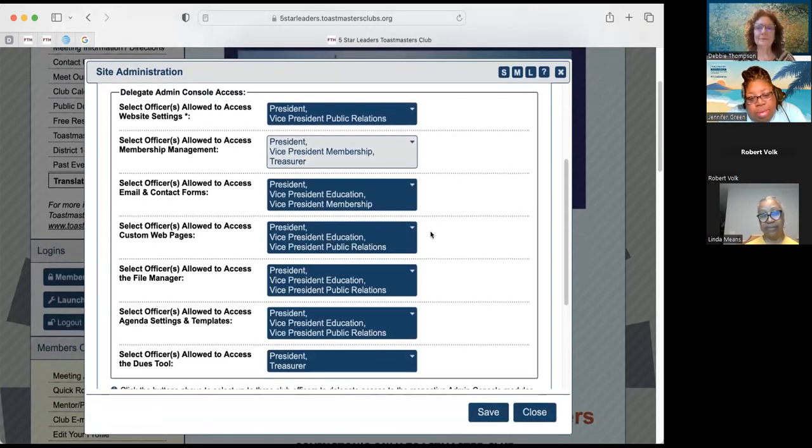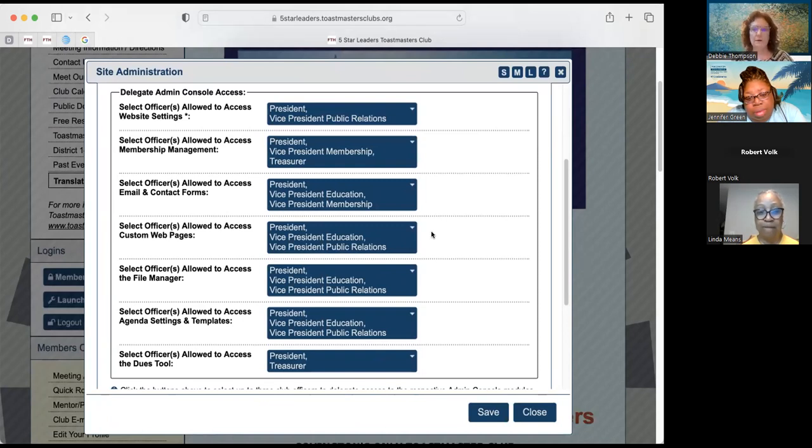I just wanted to make sure, because this year I'm doing VPPR for one club, but I'm also doing VPM. And if I'm going to do the web pages, I just needed to know, do I have to have an admin password? But seeing this, I can do the web pages for the website without having to get the admin password, right? Right, but whoever is admin would have to set this up. So if it's not set up this way, if they inherited it, it's something you may want to discuss at one of your officer meetings.